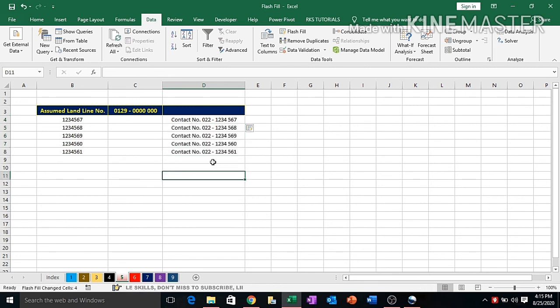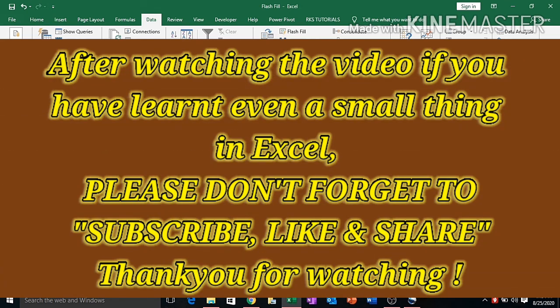So you have learned new things with this example, and we hope you have enjoyed the video. We will continue in our next video with more examples and more important uses of Flash Fill. Though it looks a little bit tricky to work with Flash Fill, it is not the case. A simple practice is required. After that you will feel it is better than using the formula and other functions of Excel.